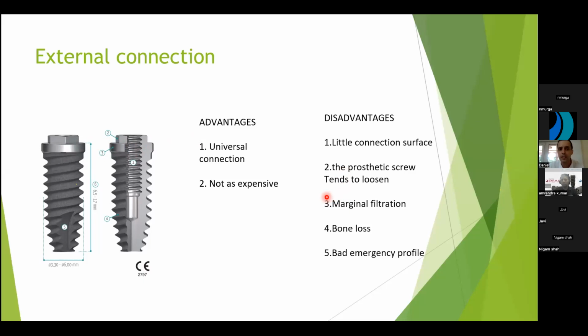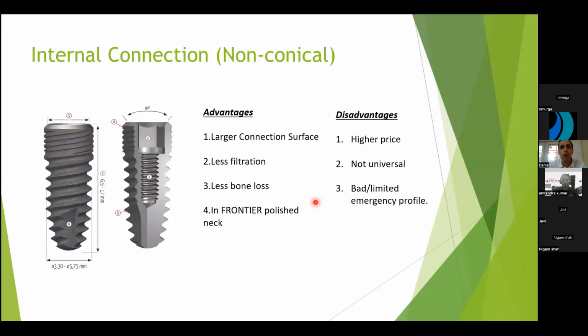So in a Phoenix implant or normal Brånemark implant, it's really difficult or nearly impossible to get a good emergence profile. Second, we will have the internal connection, but not conical, which in this snapshot we can see the Frontier, which is from GMI as well. It has more advantages certainly than the previous one, but the advantages that we can say about this implant is